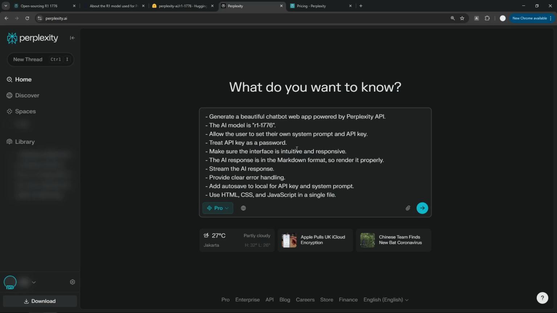Now, I'm not going to read all the prompts right here, but basically just trust me. If you're not a developer, just trust me that this prompt is going to give you the code for a web-based application that is utilizing the Perplexity API. If you understand the technicality of application development, then you can modify the prompt. But if you're not, then just follow this prompt and you should be good. Now,